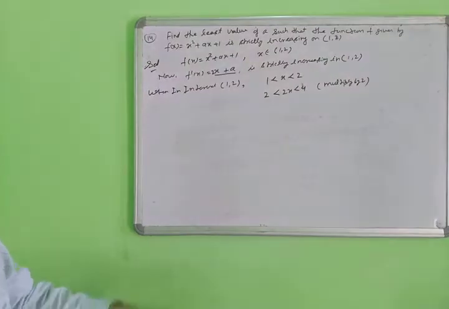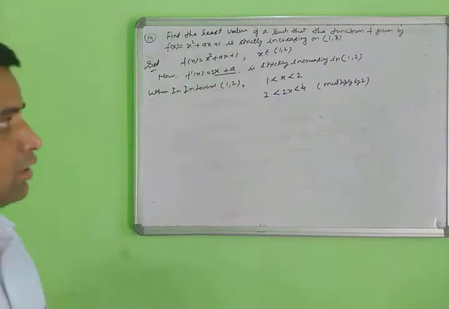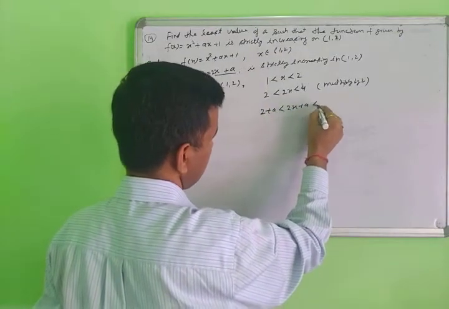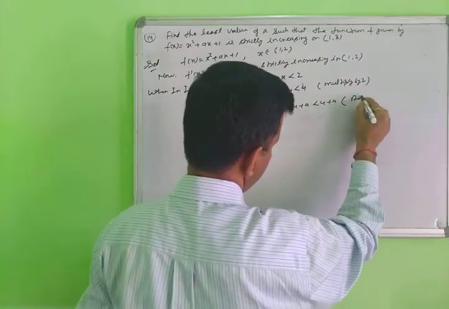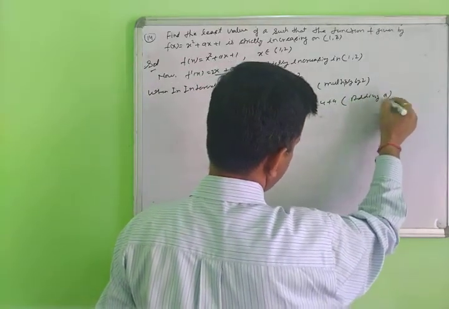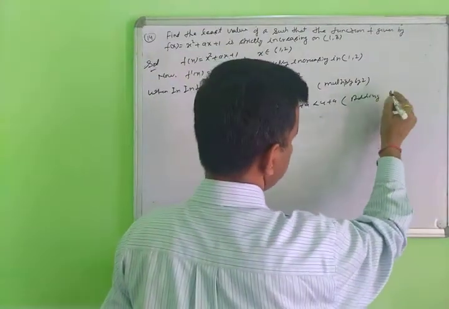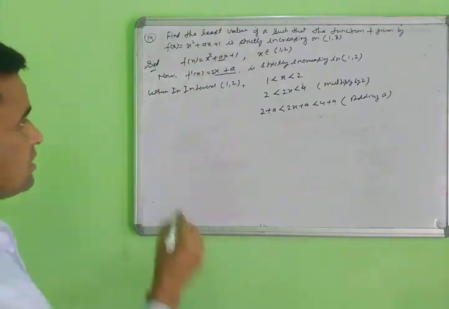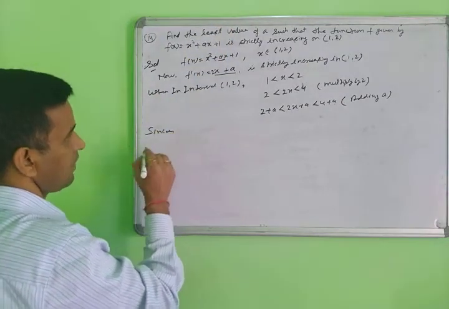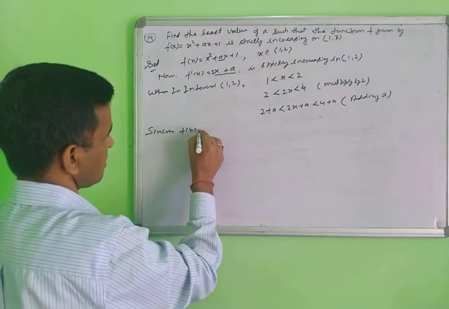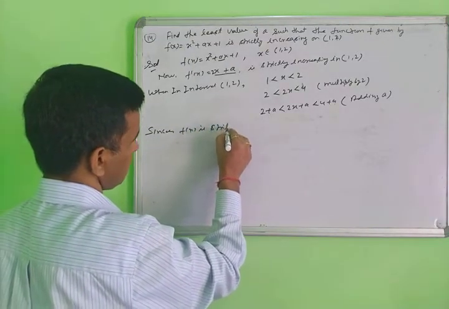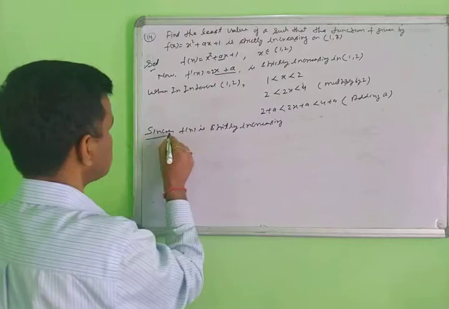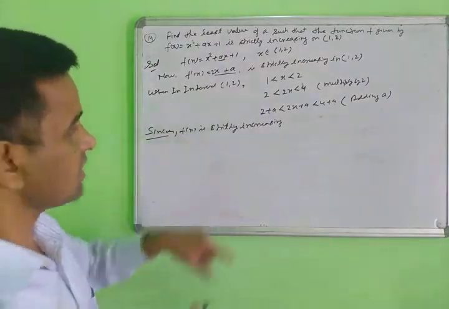Multiply by 2. Again, what is the next value here? Plus a. Now you are adding a: 2 plus a less than 2x plus a less than 4 plus a. Adding a means an unknown value here. This unknown value I am adding here, and since you are given that f(x) is strictly increasing, since this is given here, f(x) is strictly increasing